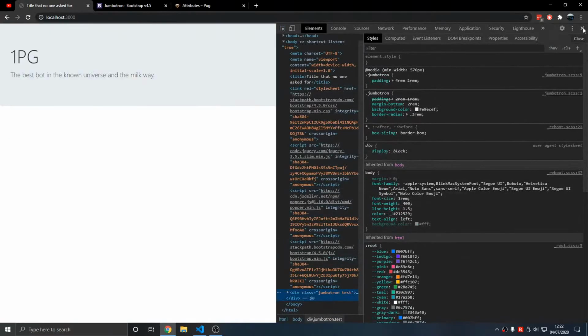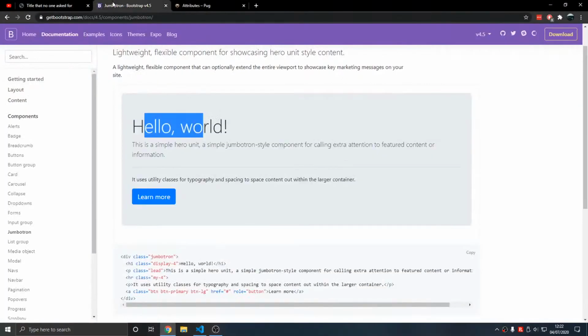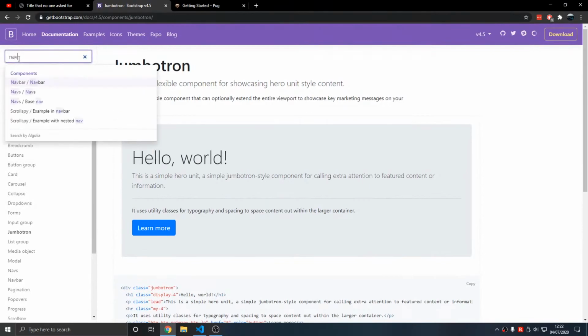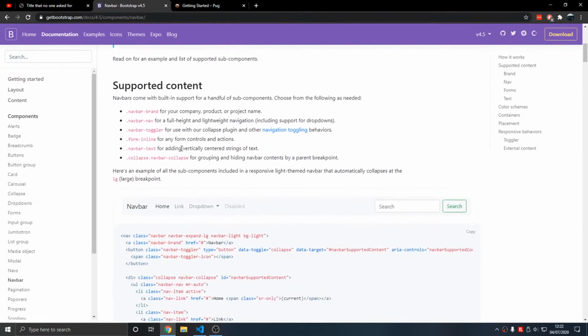which we have here, which is it's very clean syntax. But we need a way to navigate. We need a navbar. Now, we're going to use a navbar, but